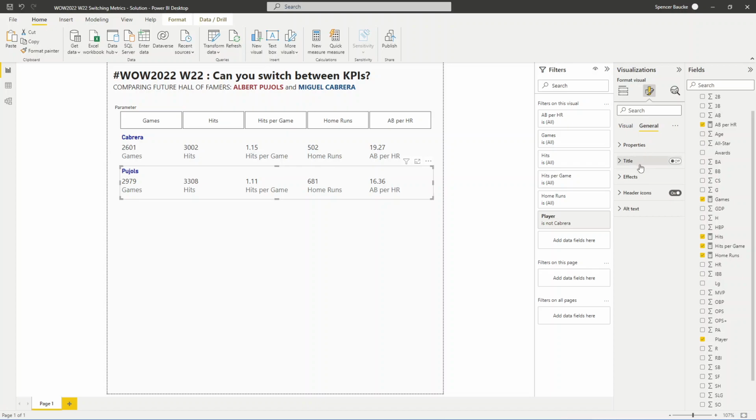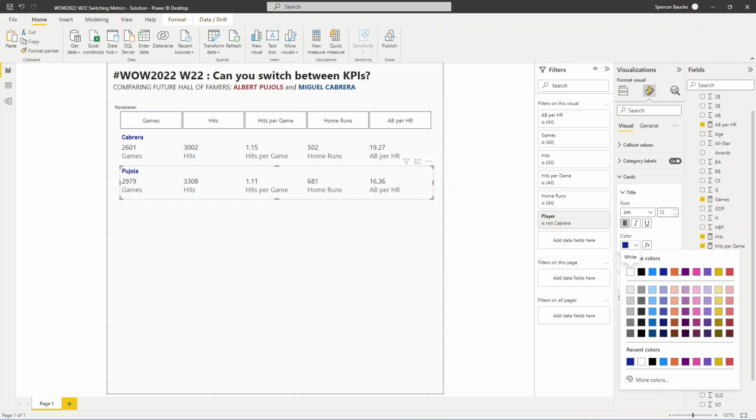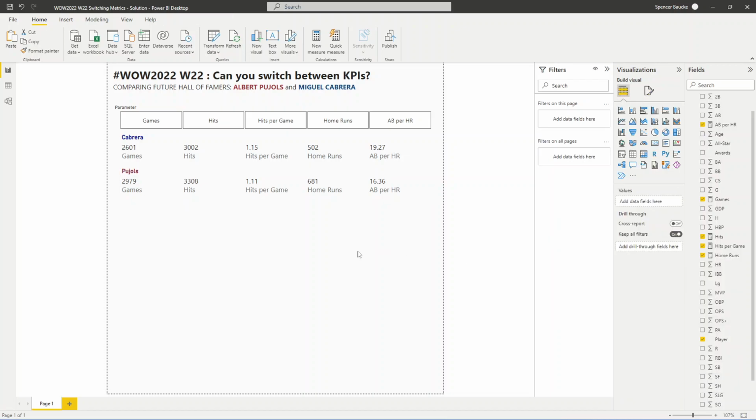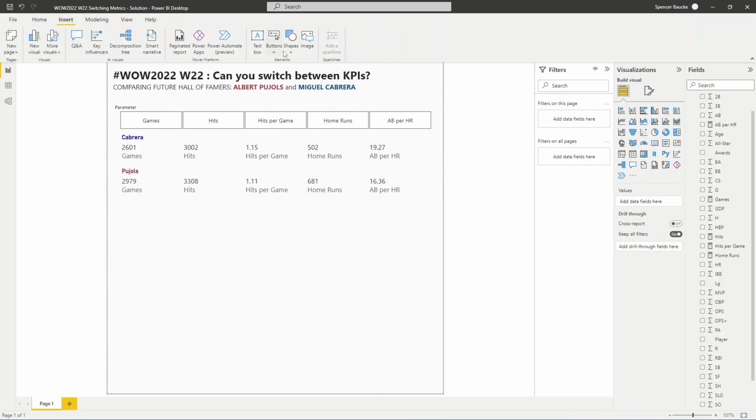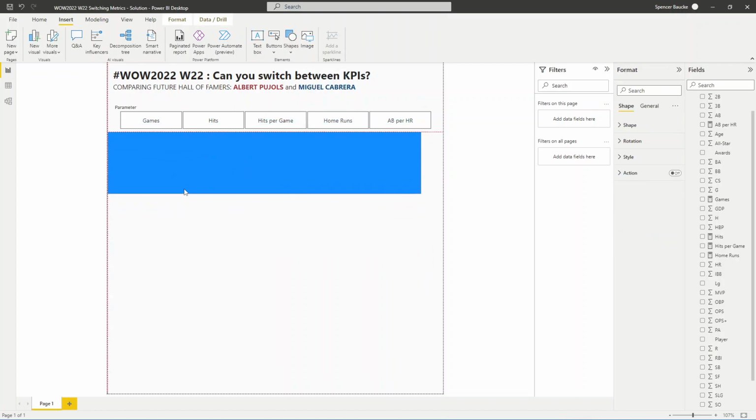So, let's go to the callout cards and go to the title and change this to the dark red that we're using for Pujols. And now what I am going to do, and something that is obviously good to do that I didn't remember exactly why I did it, but I'm actually going to put a blank container here over these options. So what I'm going to do is style, properties,